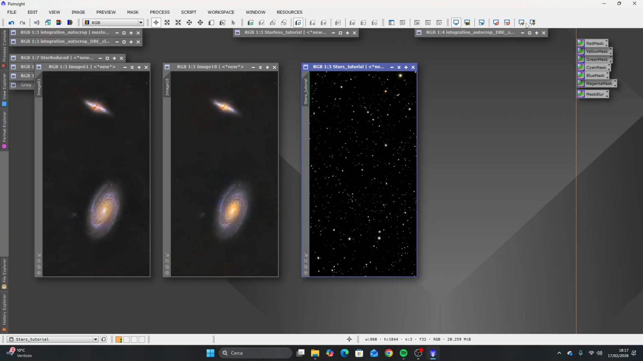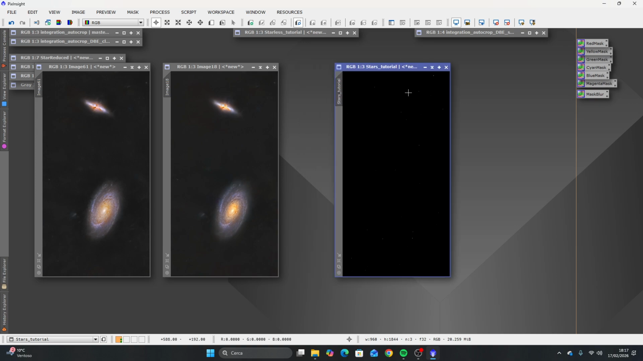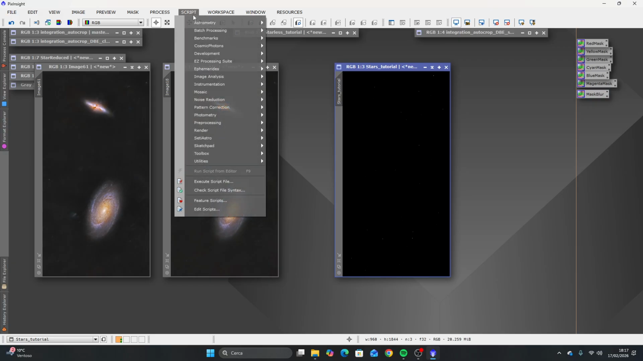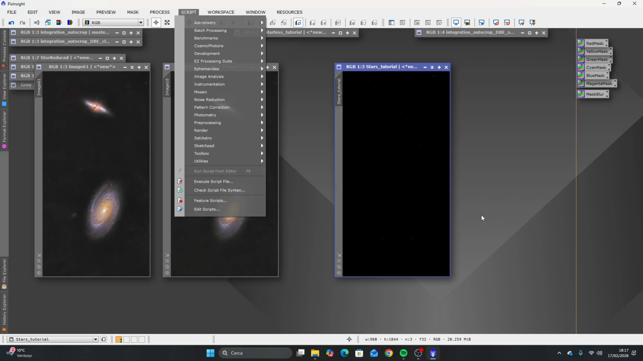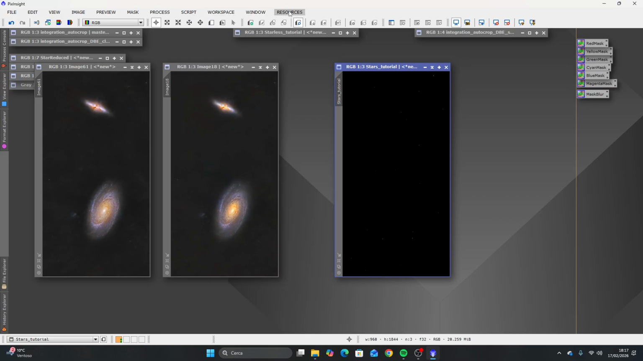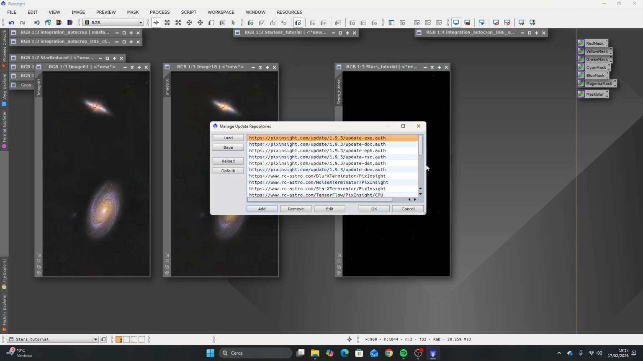So let's reset the screen transfer function. After you reset the screen transfer function, to stretch the stars, you can use a script that is called SetiAstro star stretch. Where do you find the SetiAstro suite? You have to go in PixInsight on resources, updates, manage repository,